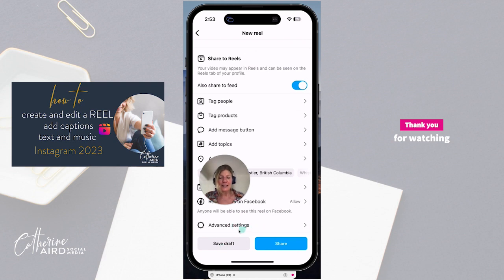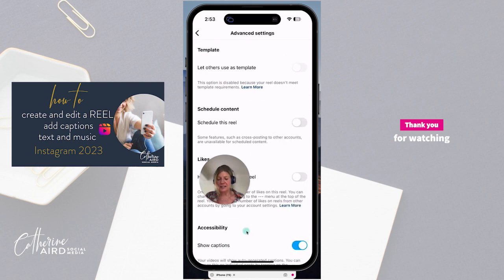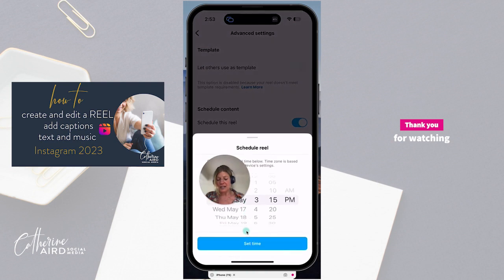And in advanced settings, which is interesting here, you can decide to schedule your reel for a future time. So this gives you the option to schedule your reel right in Instagram or to